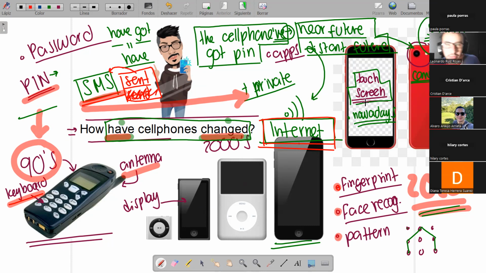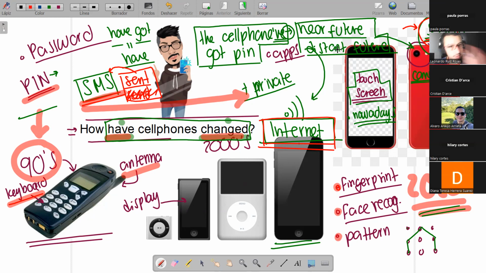Muy bien. Teacher, in the future or soon, for example, you told me soon, the cell phones will be intelligent and the Apple users will be able to share screens. Lo que decía Álvaro, the Apple users will be able to share the content, will be able to program with Siri, ¿no? So, but in the future, porque dije soon, o in the near future, ¿no? In the near future, que es en el futuro cerca.